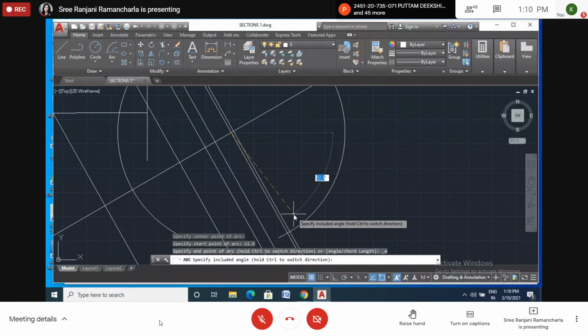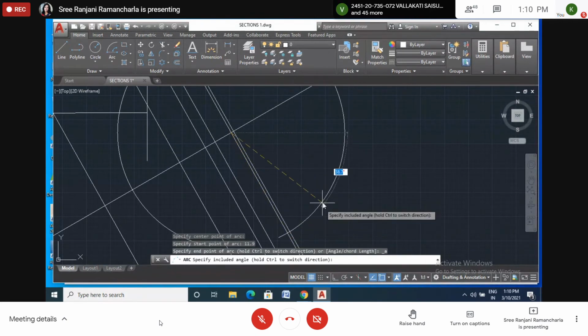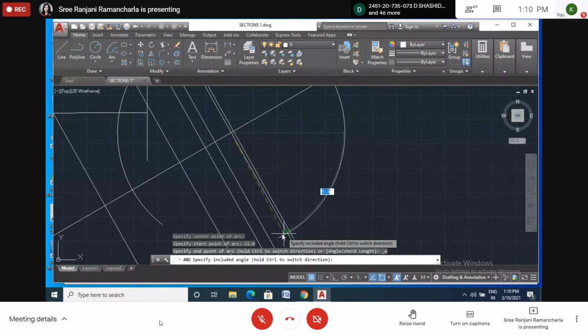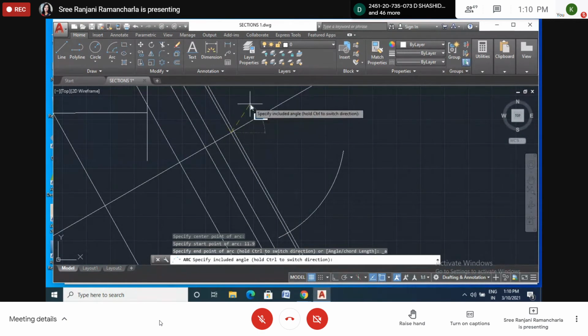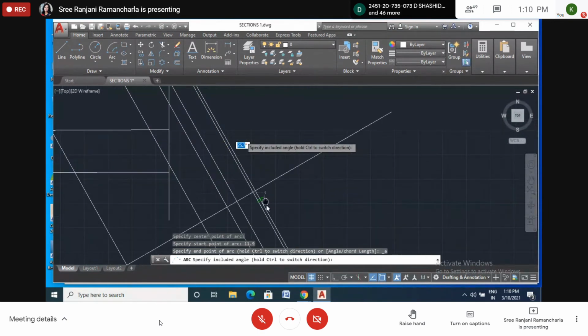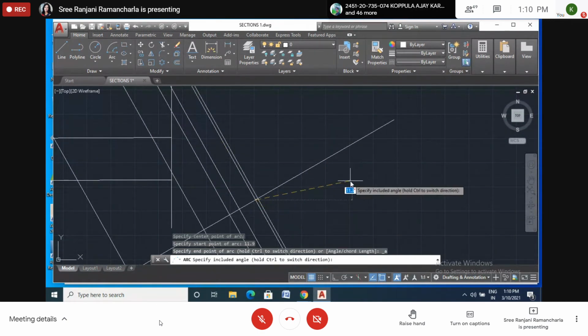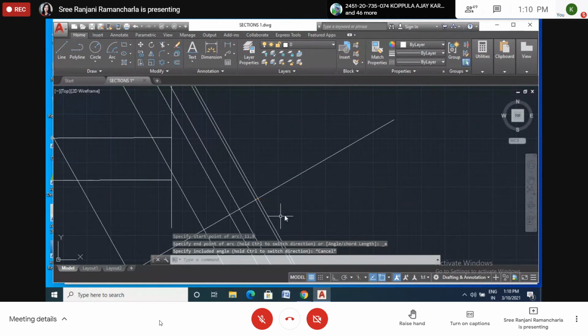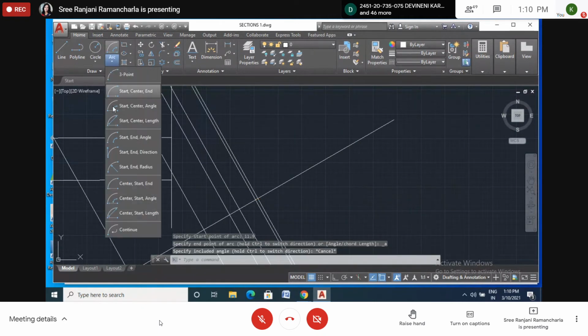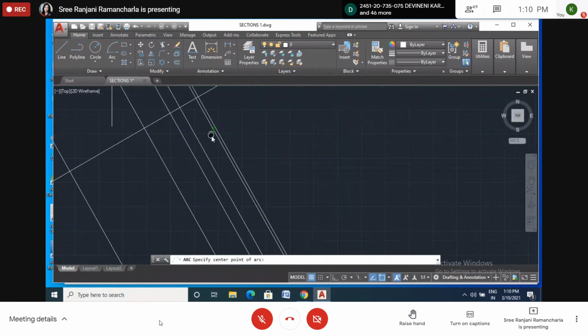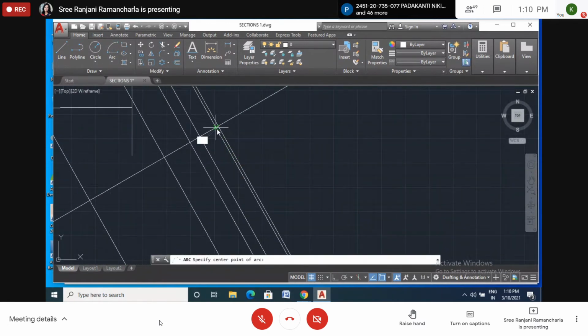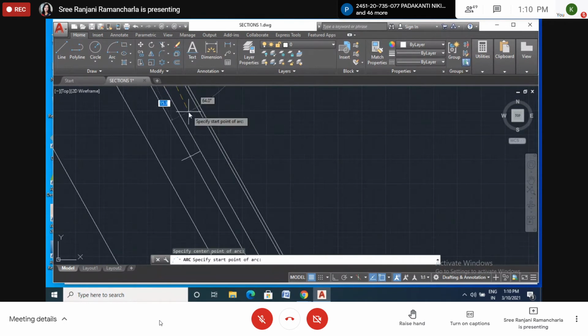Enter. I did it correctly, right? Then what is showing here? Okay. 11.9.